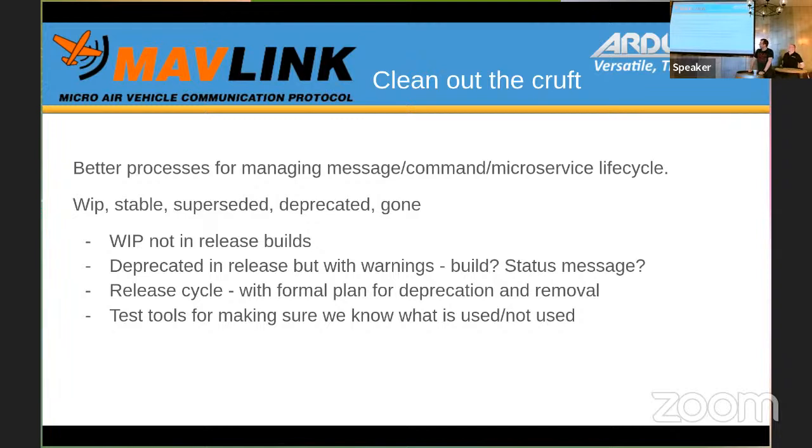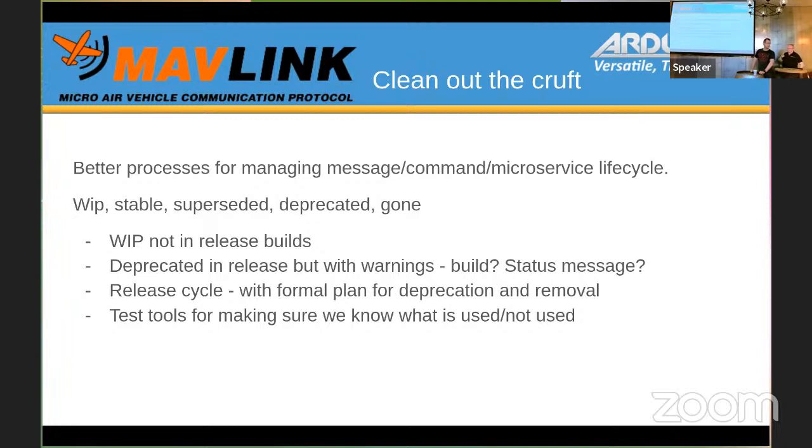What I would also like to do, but there seem to be some problems with this, is have build time warnings, so if you try to build it and it's got a WIP flag and you're in a release build, it gives you some kind of build warning to stop you from including that in release. Now, there are issues with that because, as Tridge said, you don't want those messages going to just anybody because they can't do anything about it. But we do need a way of making sure that people aren't using things they shouldn't be. We don't want people taking up a deprecated message just as we're about to remove it.